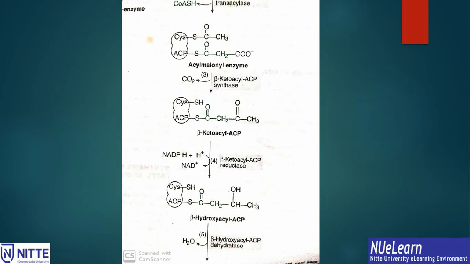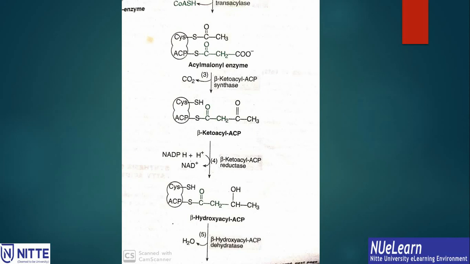Now the fourth enzymic reaction is the beta-ketoacyl ACP reductase enzyme, which reduces the ketoacyl group to a hydroxyacyl group. The reducing equivalents are supplied by NADPH. That is the fourth enzymic reaction, as you can see on the slide, converting the molecule to beta-hydroxyacyl ACP. The fifth enzymic reaction is with the help of the enzyme beta-hydroxyacyl